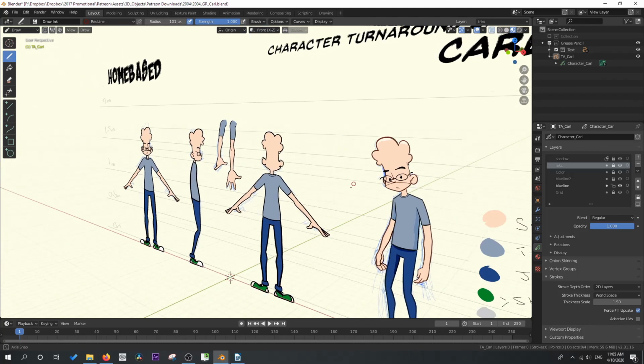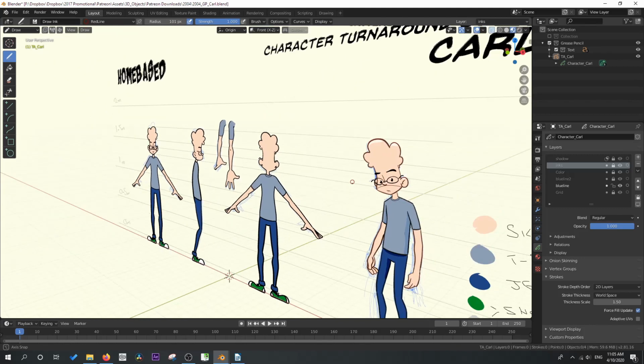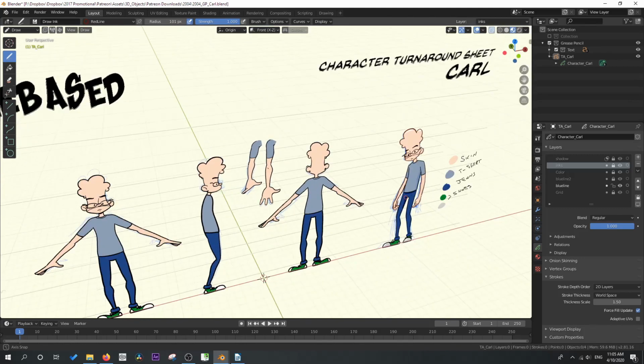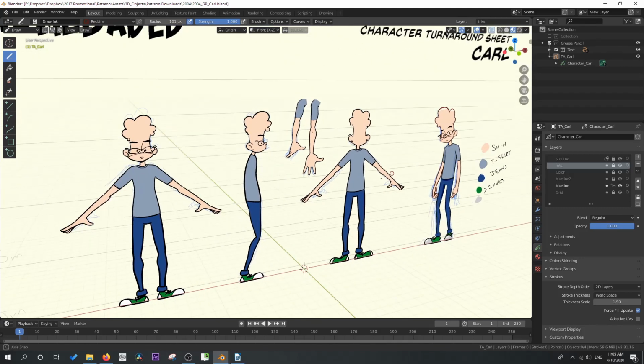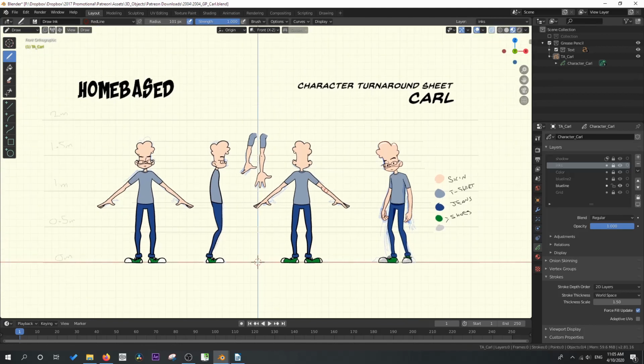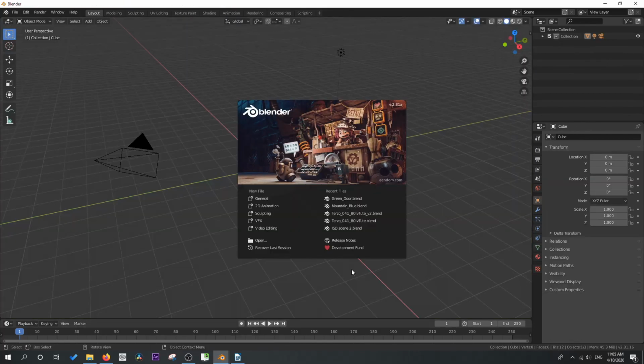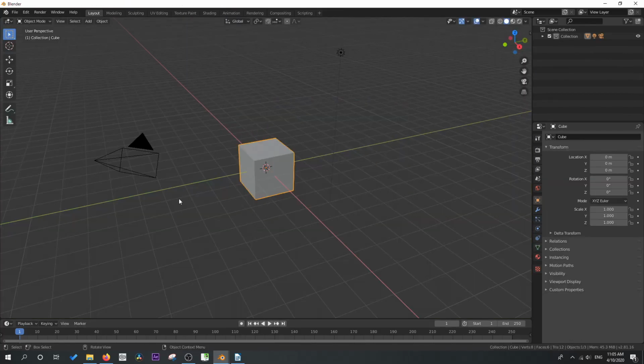But of course, you have the advantage of drawing in 3D space, so you can see that this exists on a plane. And this also has its advantages for 3D workflow. So what I'm going to take you through today is how to set up your grease pencil object very quickly, and then a nice little time lapse of the drawing process that I like to go through in creating this file. So when you open up Blender for the first time, you get this splash screen and you get